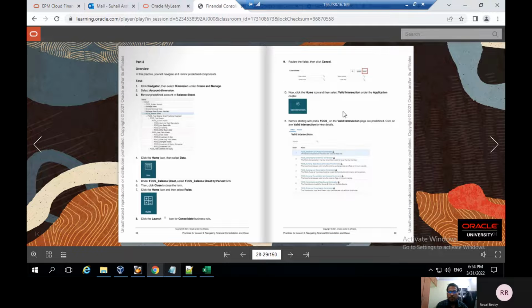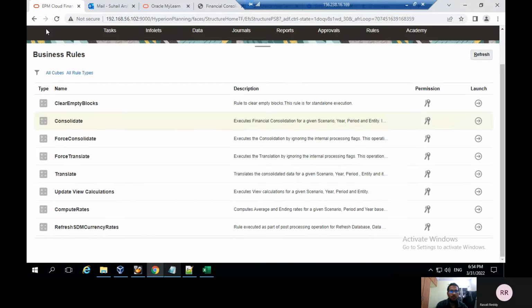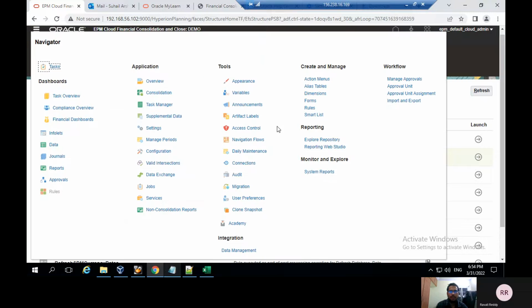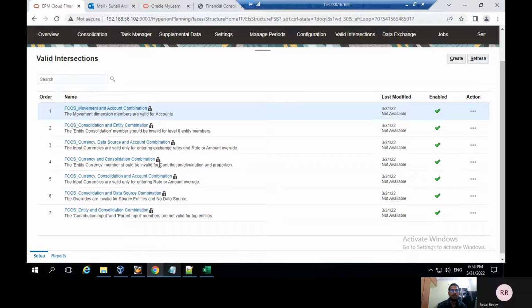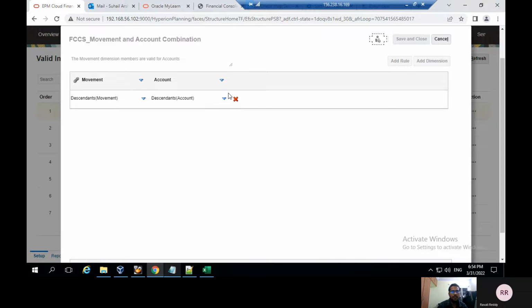Like that, we can view the rules card, and in the valid intersection part, we'll go to the navigator. We'll select the valid intersection. Here we can see the valid intersection card, and these are all the predefined valid intersections created by the application. We can enable and we can see the